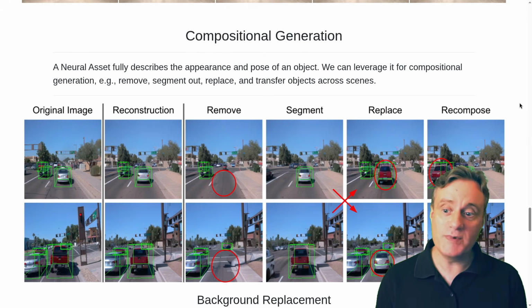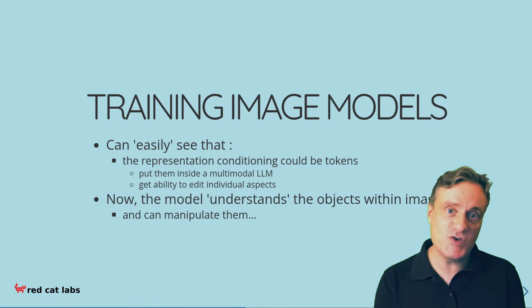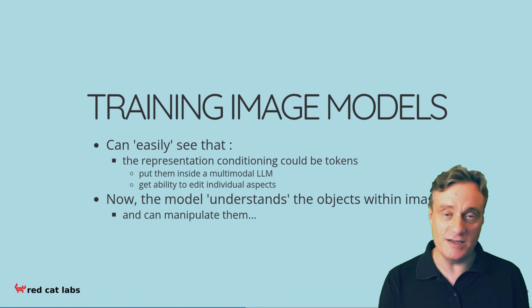Finally, we can think about completely different operations that can be applied to these neural assets, including deleting objects, replacing them, recomposing the scene. All this leads to quite a general technique for manipulating objects within images. So to recap, what we have here is a way of training image models from videos, where